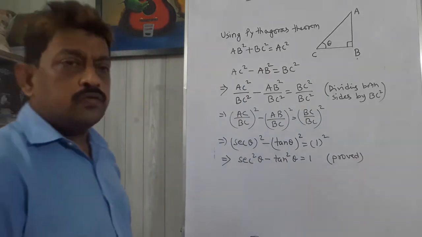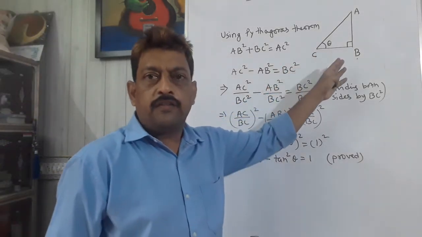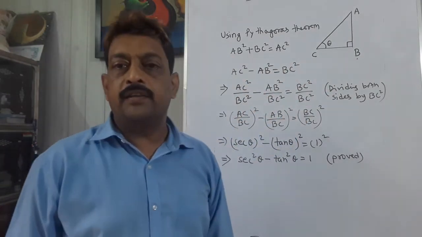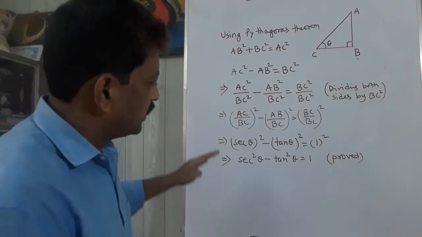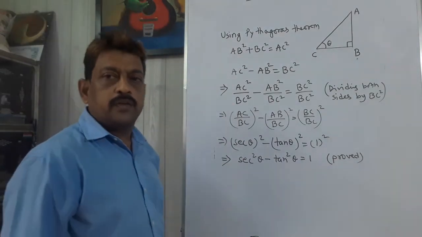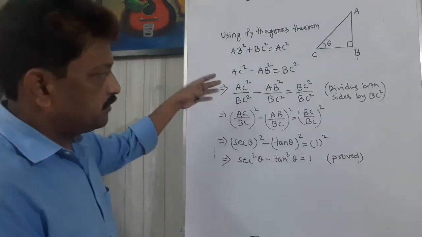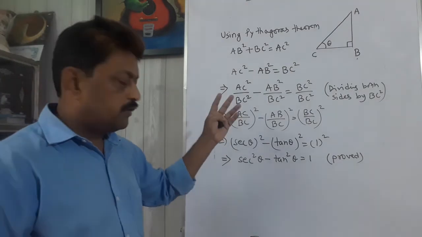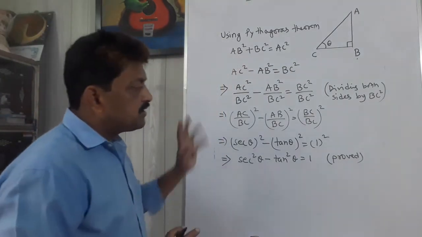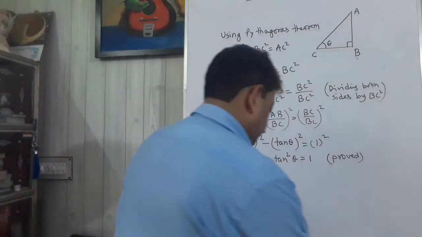Okay. So in this way, using the Pythagoras theorem of right angle triangle, we can verify those three identities which we have already learnt about. So it can be proved in this way. Okay. Hope you have understood the very simple method to verify the identities. Now based on these identities, let us solve a few simple problems.